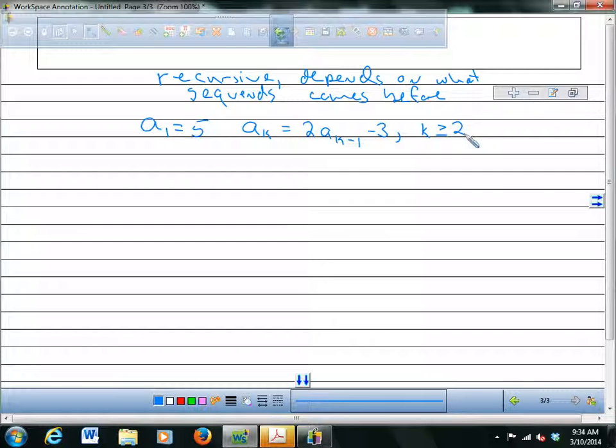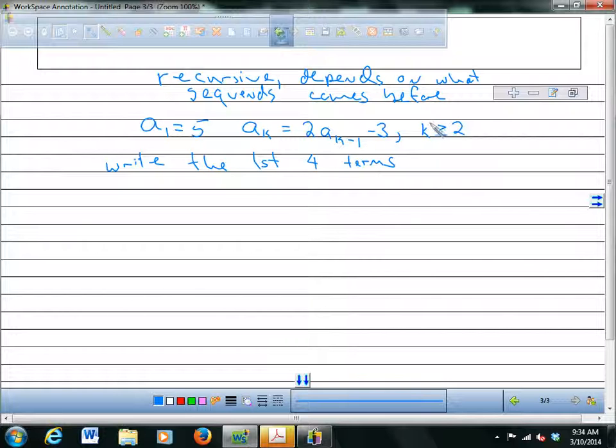So instead of using n here, they use k as the number of the term. So if I say write the first 4 terms, okay,